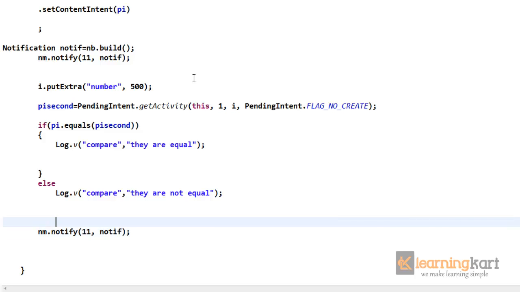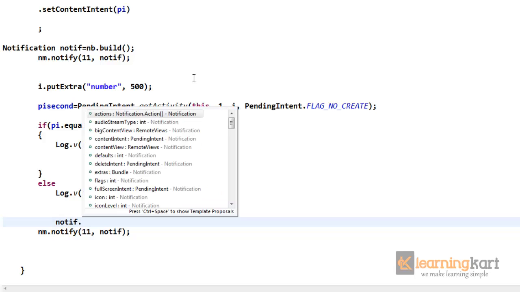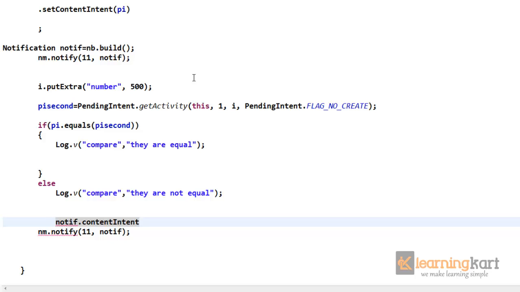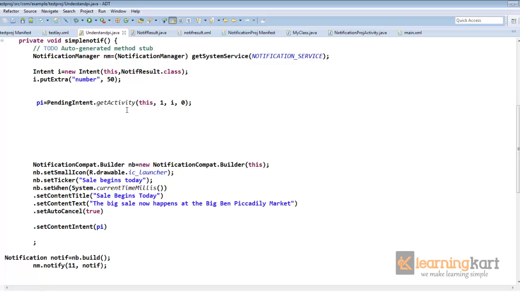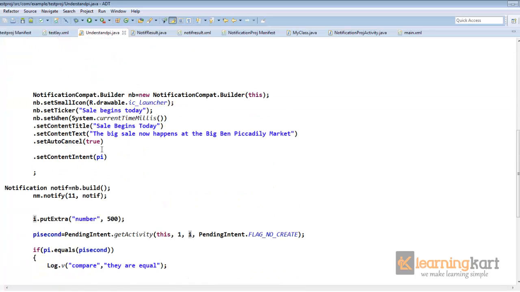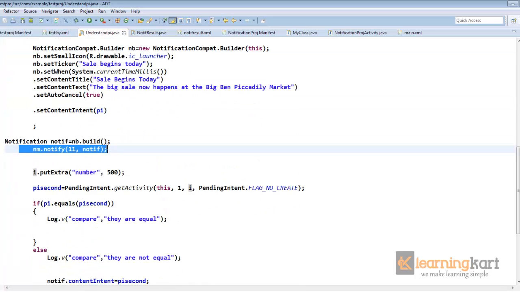but first I'll set the content intent to be the new one. So this is it. Okay, we have an intent, we have a pending intent on that, we have a builder, we issue a notification,